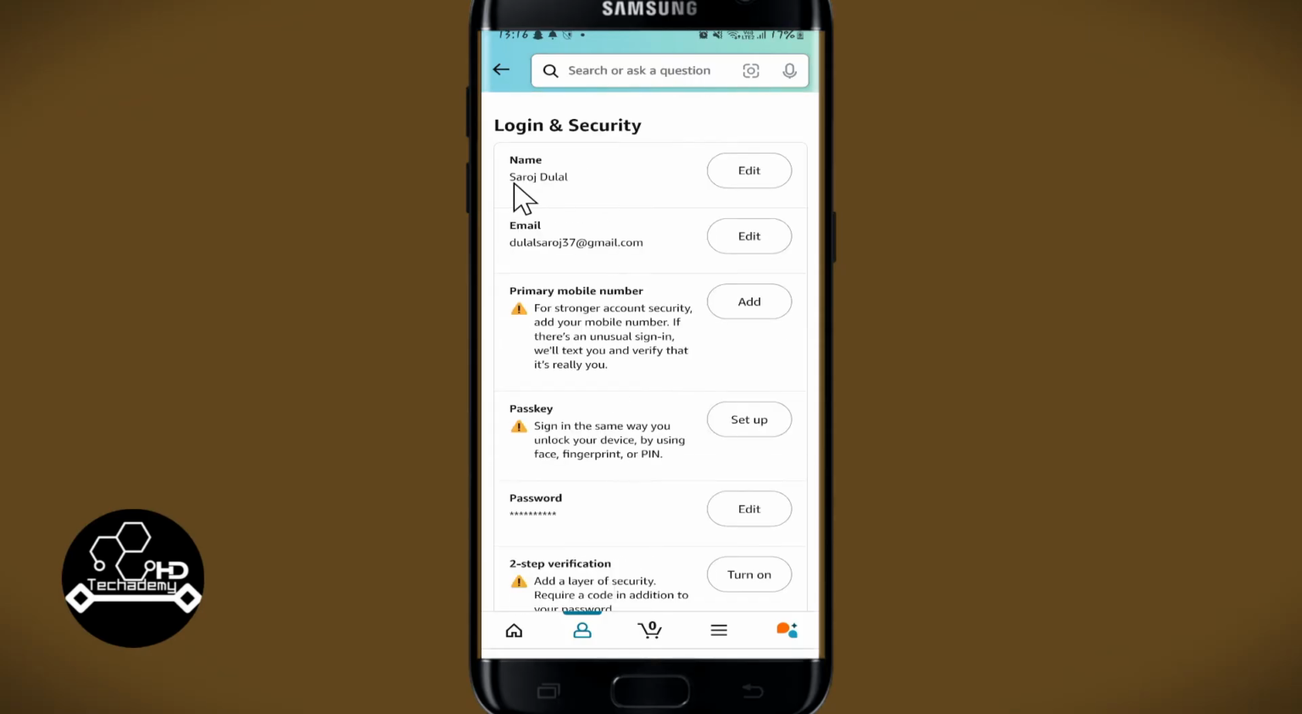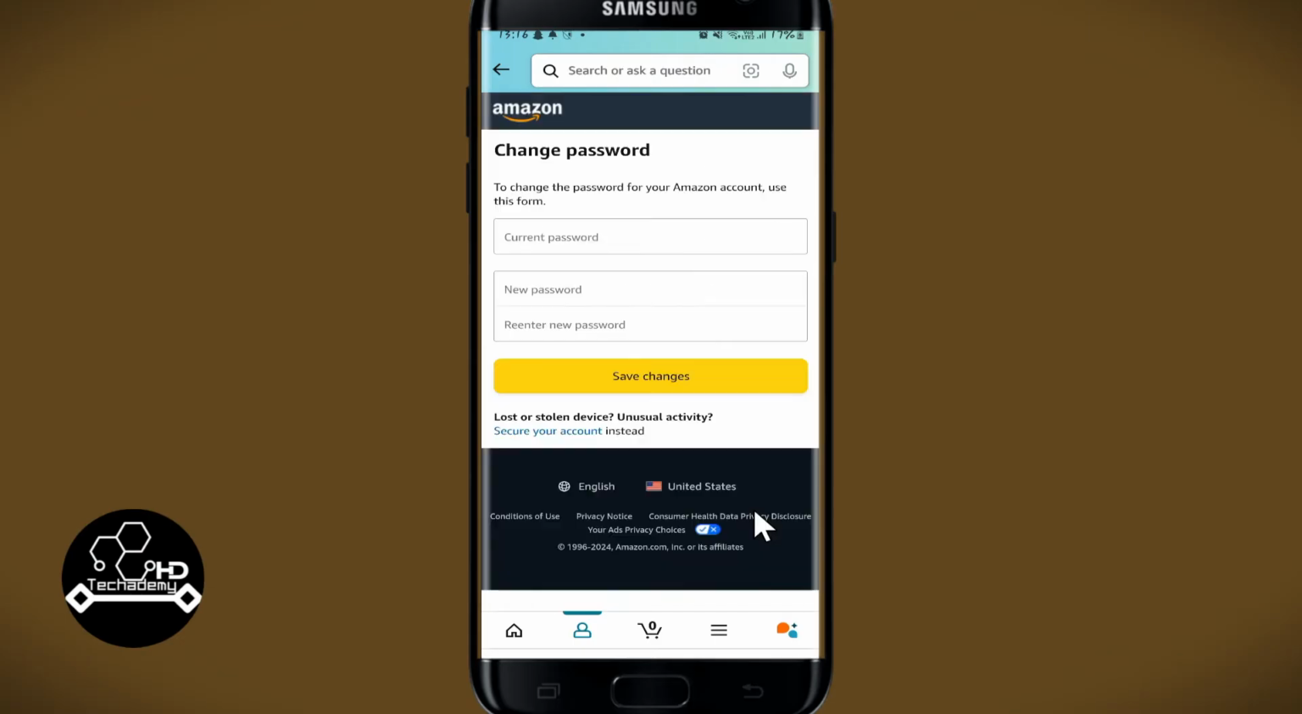Now within this page, you will see your password. Go ahead and tap on the edit button at the right side, and you will first be asked to enter the current password that is set up within your account first. Go ahead and type in the password that you are currently using in order to log into your account,